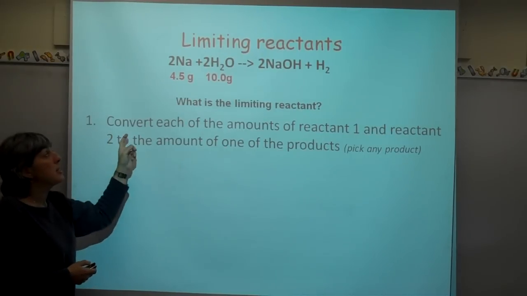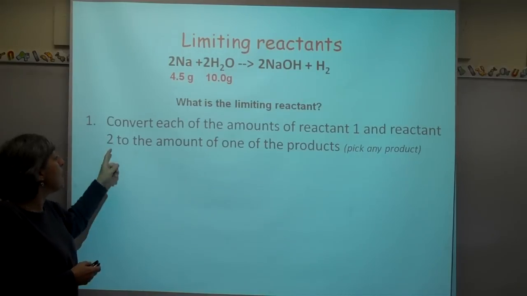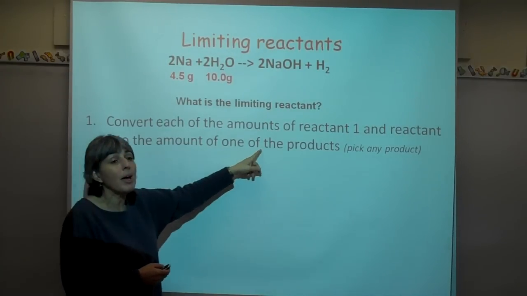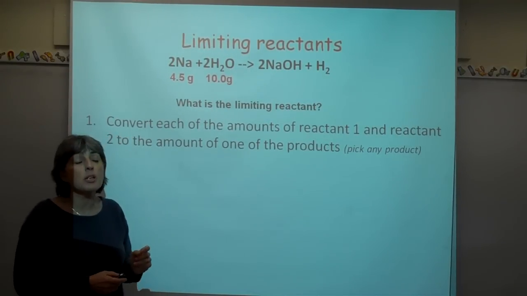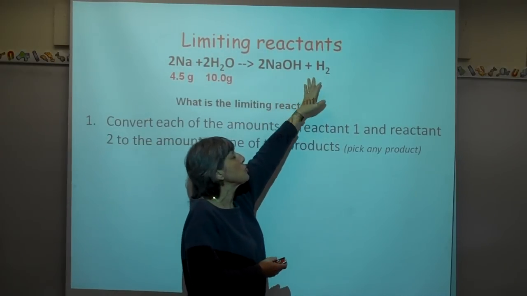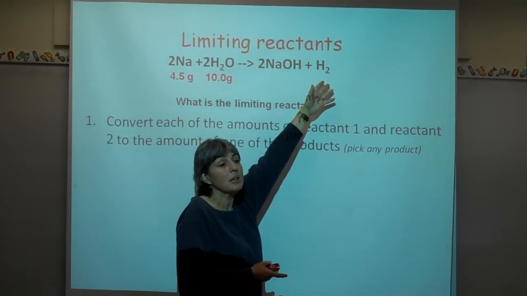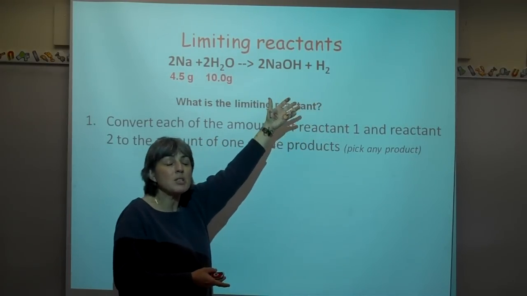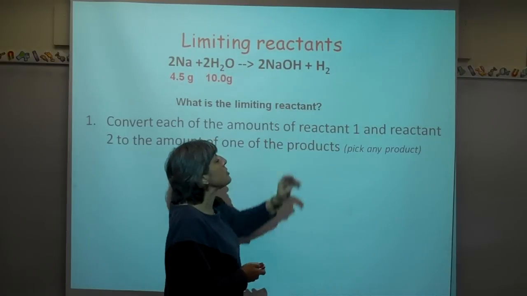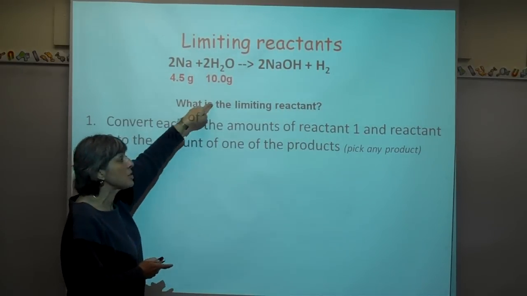The first step is you convert each one of these into an amount of one of the products, and it doesn't matter which product you choose. In this case, I have two. Sometimes it's easiest just to choose the one that's easiest to write because you don't have to write so much, or easiest to get the molar mass for. But I chose NaOH, and it doesn't matter which one I choose in order to answer this question, which is